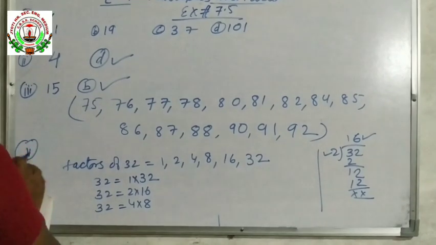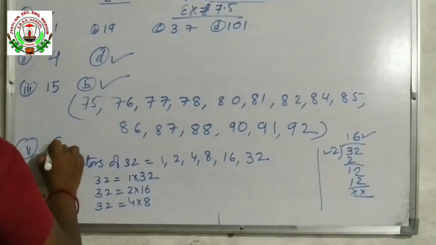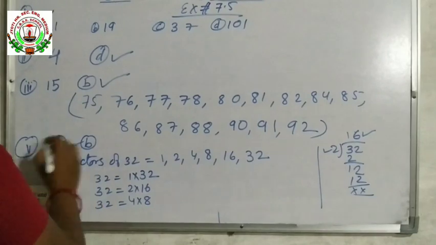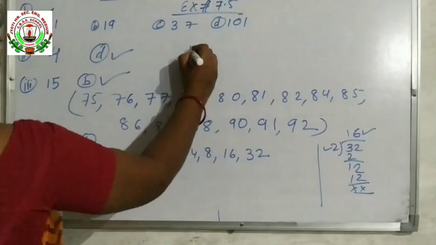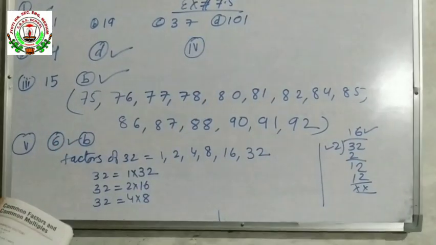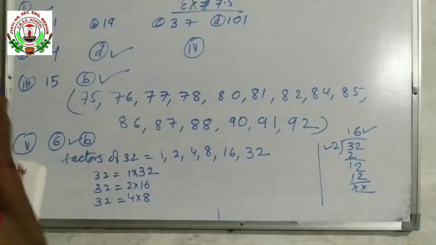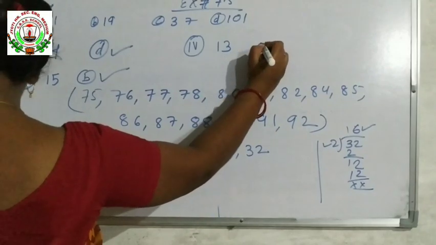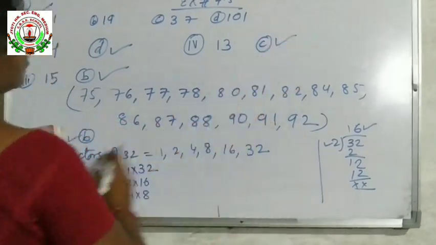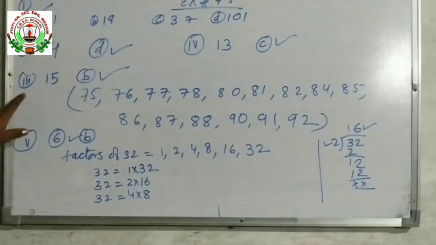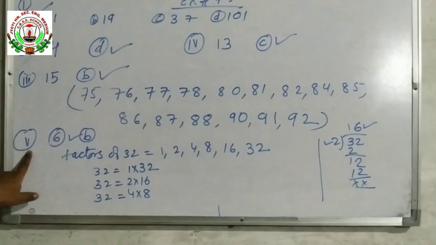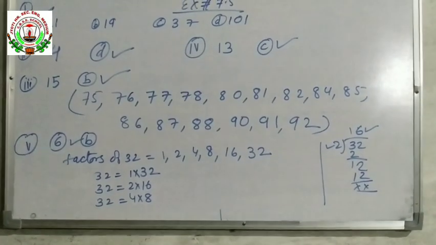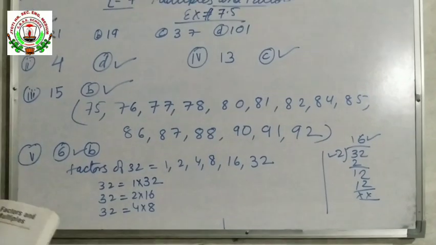It is your question number 5. So the correct answer is 6, which is B. We left the number 4. Here we will write number 4. The first multiple of 13 is 13, 13 1s are 13. So our first multiple is 13, which is your correct answer C. Understood? Here question number 1, 2, 3, here 4 and here we are writing 5. Clear?